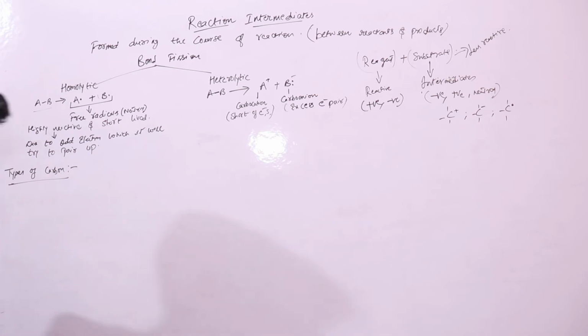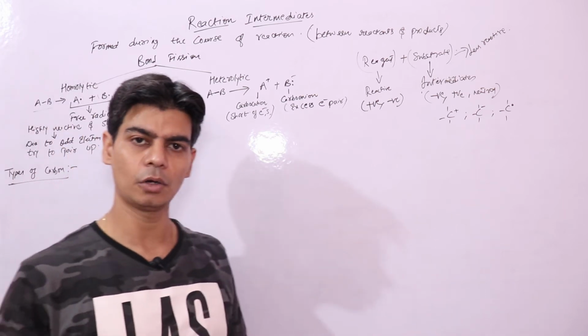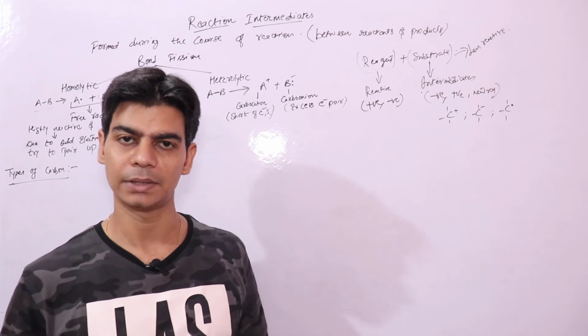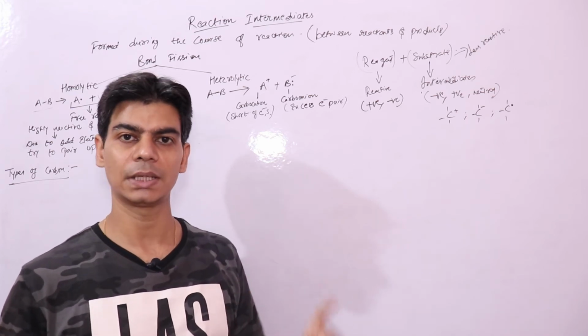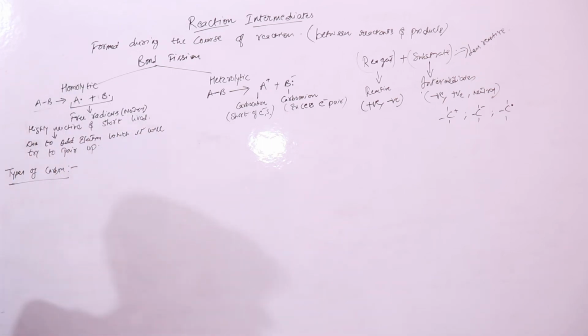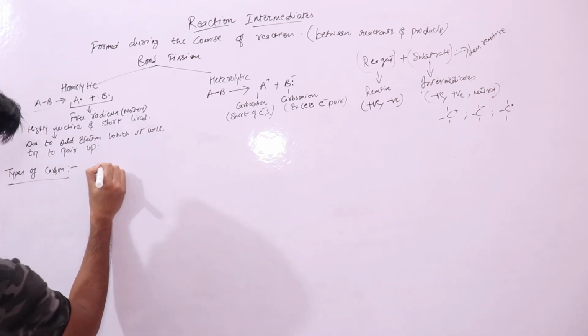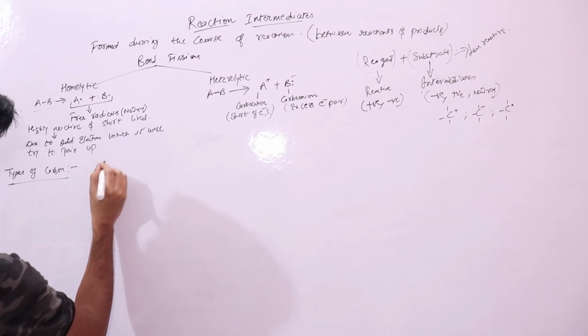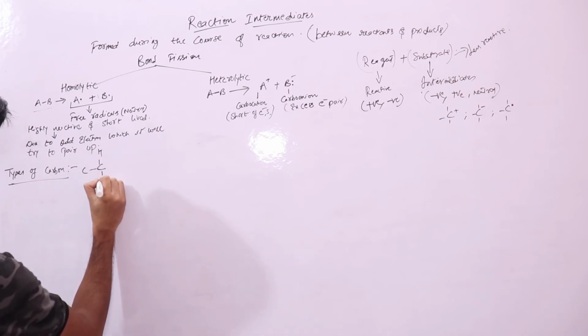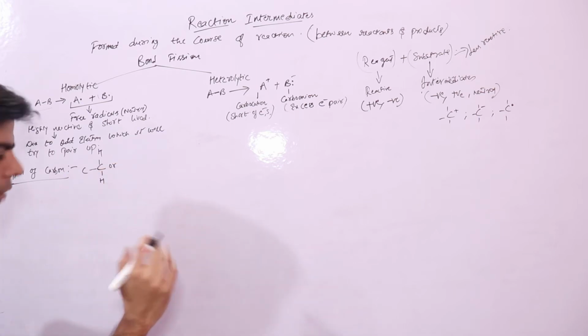There are 3 types of carbon, depending on its connectivity to other carbon atoms. It can be primary, secondary, or tertiary. We also call these 1 degree, 2 degree, or 3 degree. If carbon is connected to one carbon atom or no carbon atom,